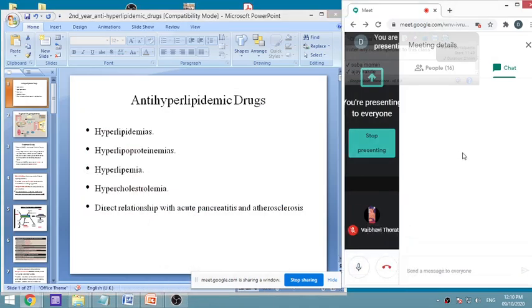So let us start a new topic, anti-hyperlipidemic drugs. Earlier we have seen angina pectoris, and during angina pectoris we have seen that there is a problem of demand and supply, and particularly we have seen the reasons behind this situation. Out of that, the major thing is the supply is affected because of the changes in the arterial diameter, and we have mentioned it many times that it